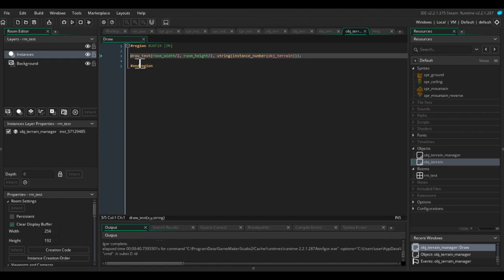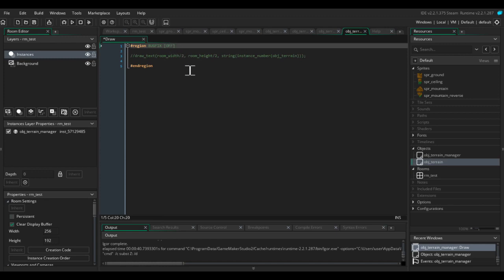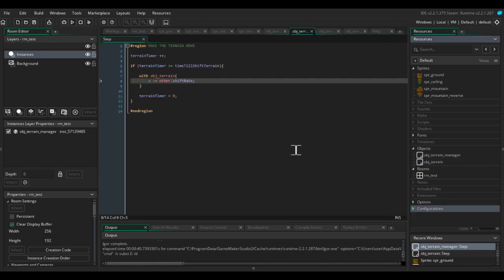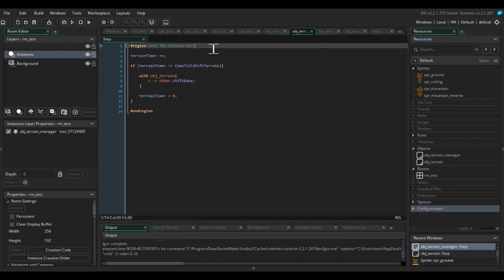When we're done testing, we just need to comment it out like this and change it to off, just so we don't lose it in the code somewhere. Okay, so now it's time to create new terrain pieces. If you go back into the step event of the terrain manager, inside the bit where we're making the terrain move,